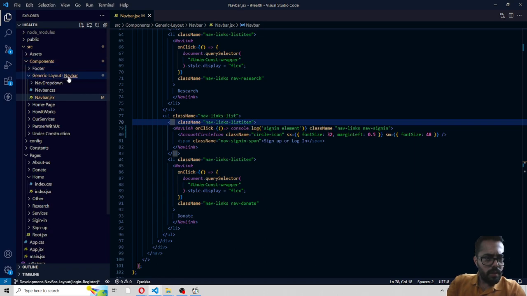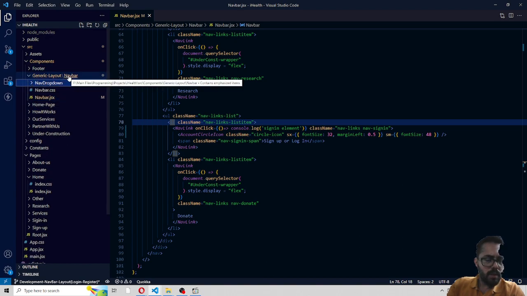Components, generic layout. Yes, it's navbar component. Should I create it in Nova? Yeah, of course, why not? Nova dropdown, it's something else. So maybe I can just say, should I create a subcomponent as login? I mean,